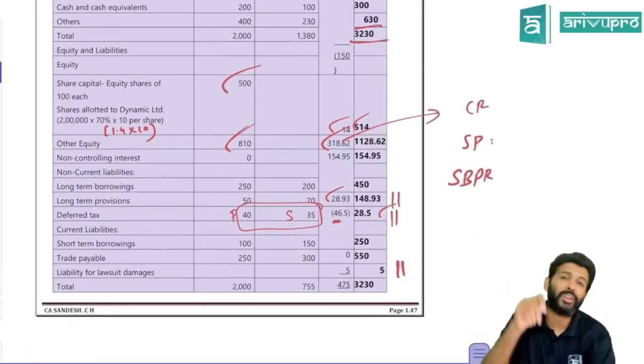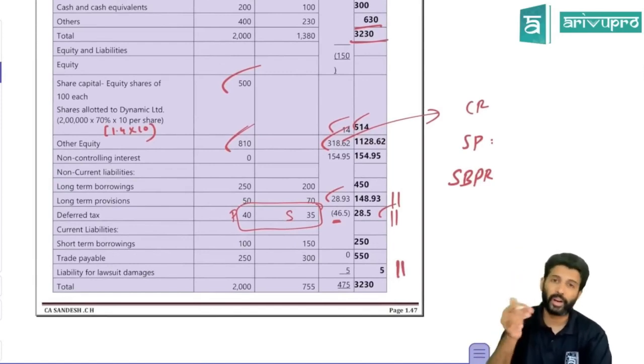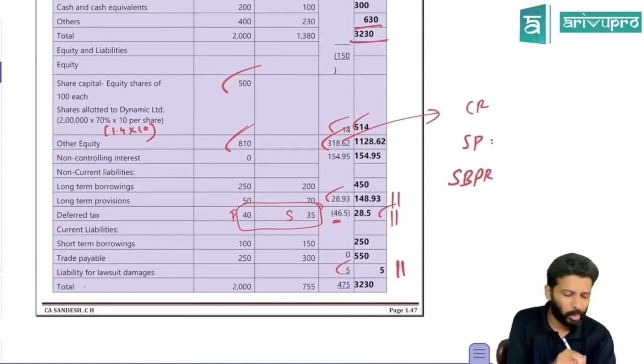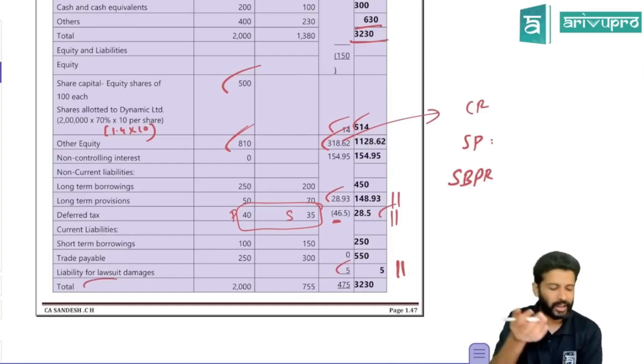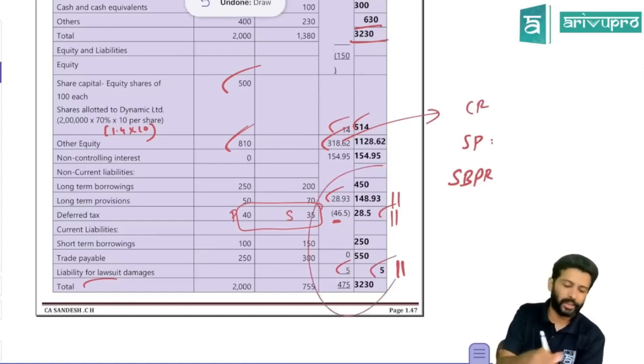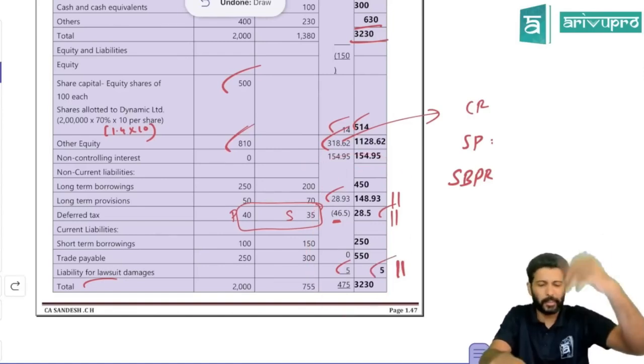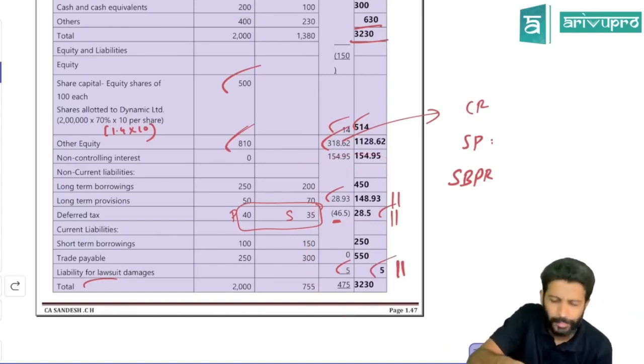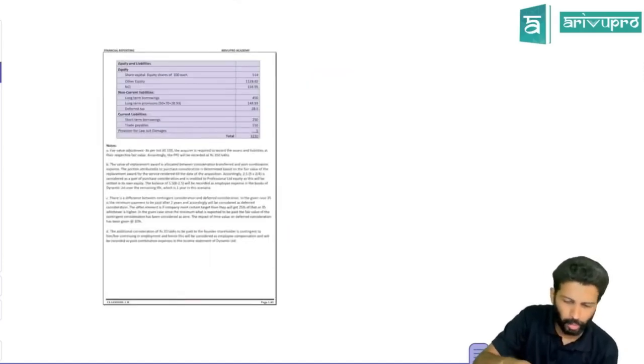That's one thing. And one more thing is your contingent liability 5 you record. You call it a contingent liability, but book it as provisions under current liability. Show it as provision for law damages or something. That's fine. Only that you should not forget. So these are 3-4 things you should not forget. Rest everything just take it from the balance sheet and go on adding the components one by one. Okay. So that's all this problem, the way I see it.